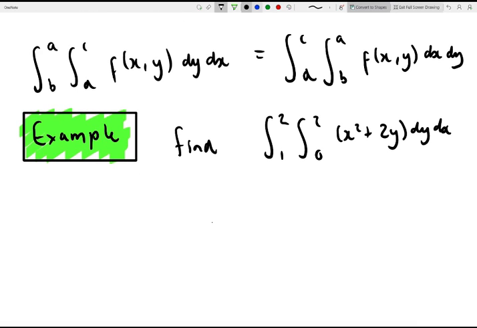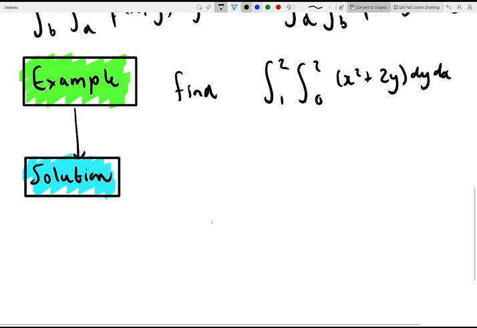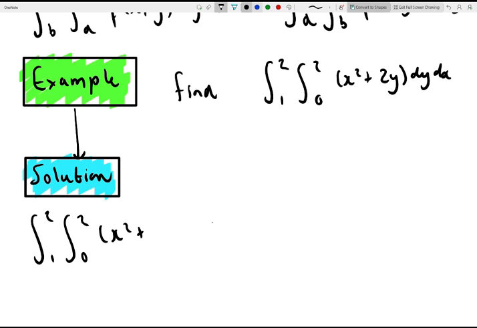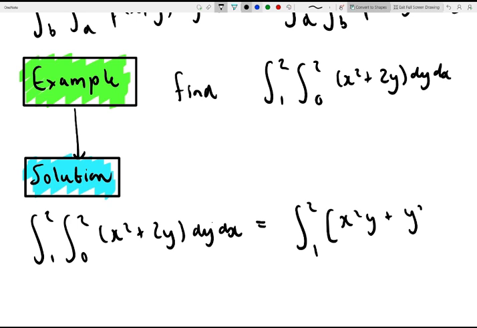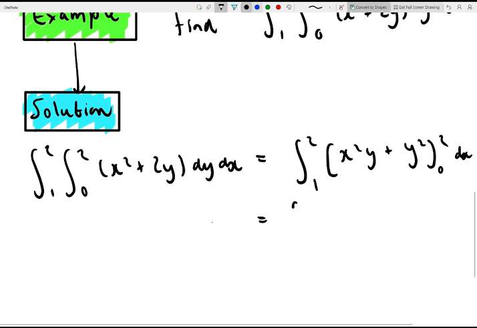Our solution is, if we take the double integral from 2 to 1, 2 to 0 of x squared plus 2y with respect to y and respect to x, and we keep the order the same for now, and we just compute the integral of y first. So we keep the integral of x, we integrate with respect to y to get x squared y plus y squared, and we substitute 2 and 0, and we have the integral from 2 to 1 of 2x squared plus 4,